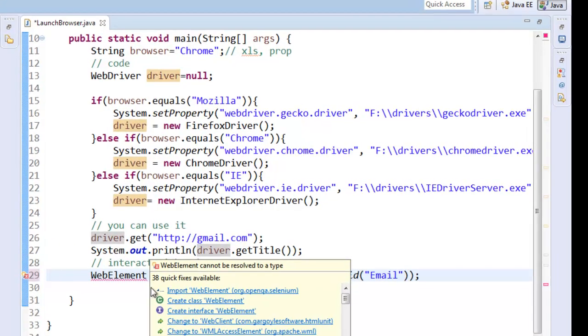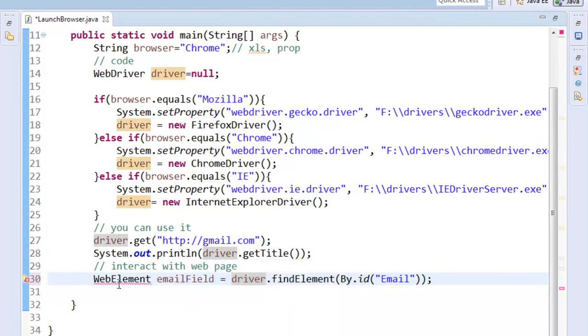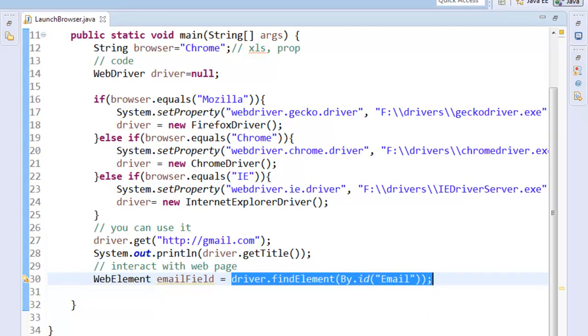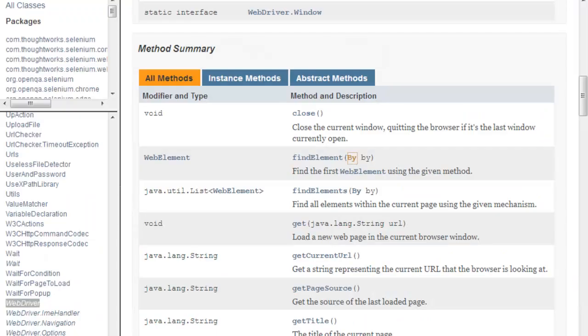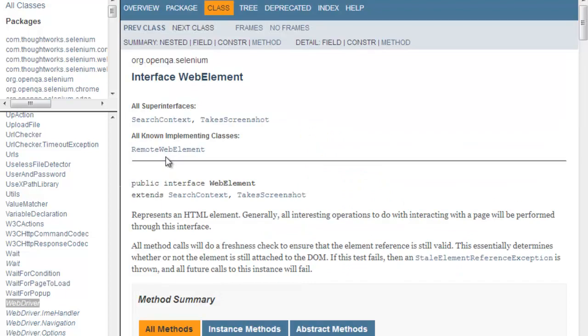Now what is this web element email field? Look, just import the WebElement class. It will find the element on the web page, and as per the documentation, it will return you the reference of a WebElement. WebElement is an interface which represents a generic HTML element.